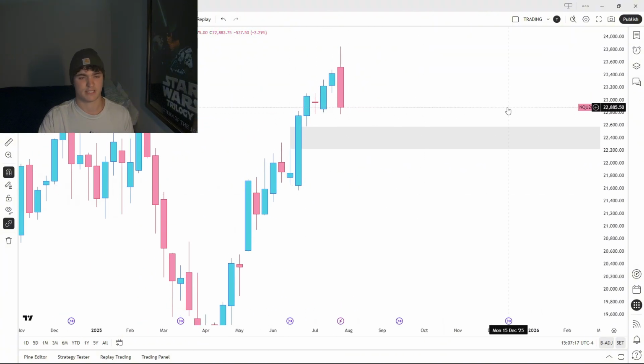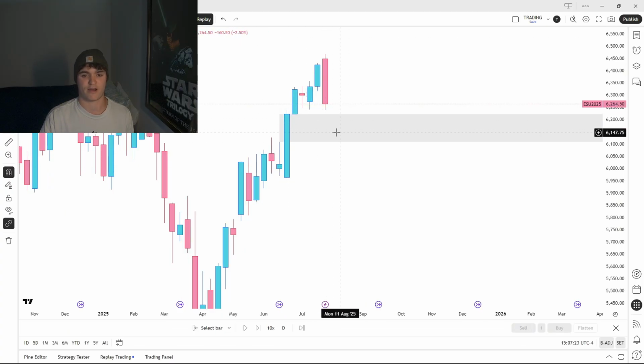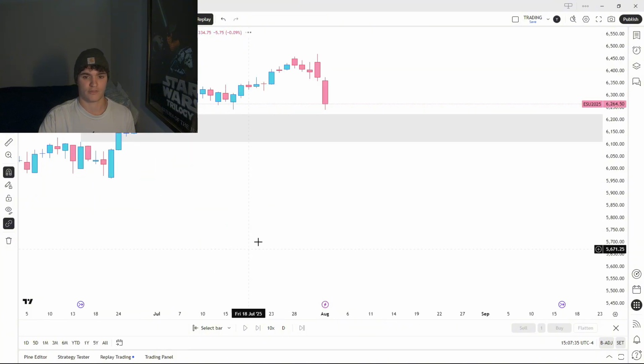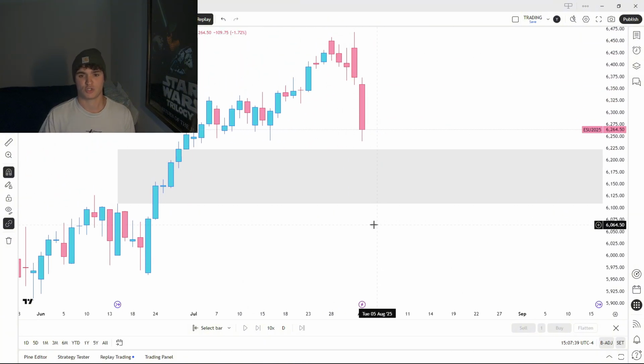And NQ, same exact story, right? We've got to sell off about 1.5% on NQ to get down to this gap, about 0.75% on ES to get down to this gap. So this could happen in one day. We could test the gap and just see how we react from there. But like I said, since it is internal liquidity, it's a very strong draw. And given the bearish look on the daily chart, I do think that we will be testing this weekly imbalance sooner or later.